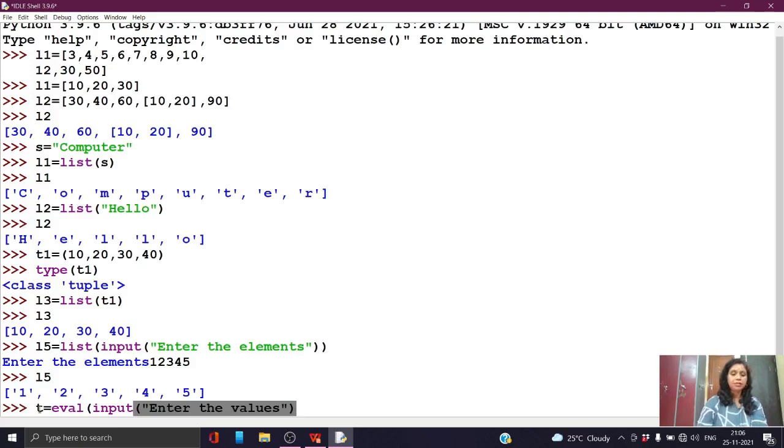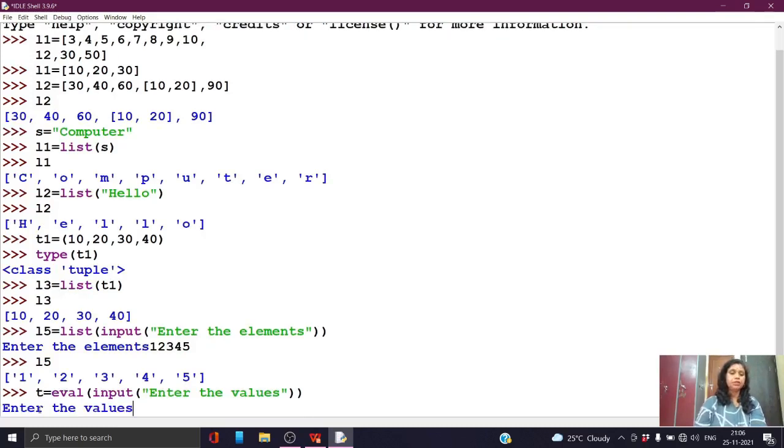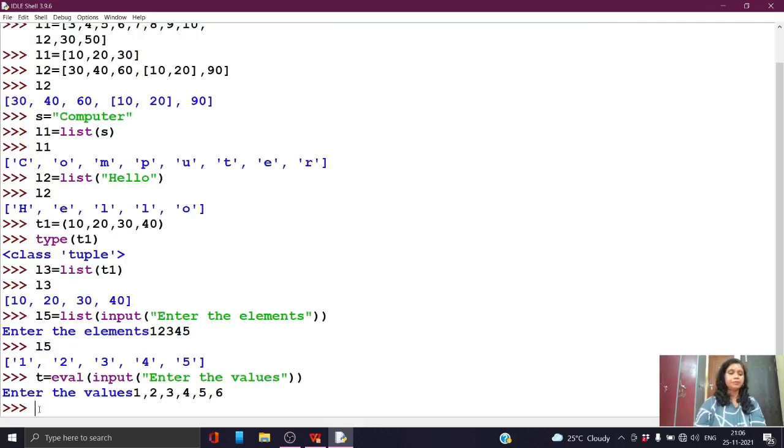So eval input, enter the values. Here just write the values 1 2 3 4 5 6 like this. Now you can check the data type of t, then only you can confirm the return type of the eval method. So type of t